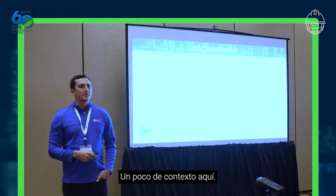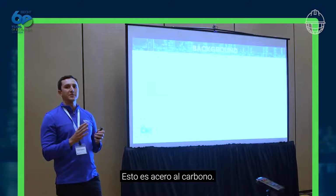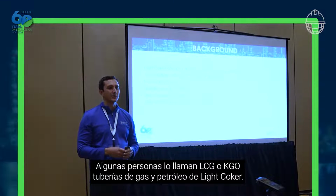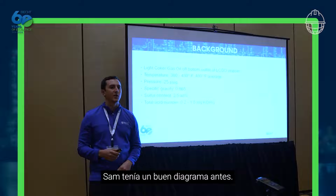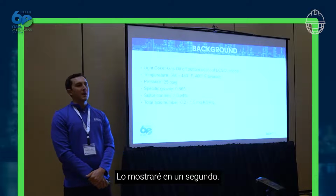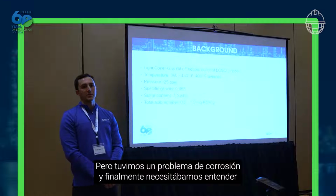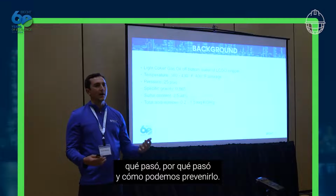Little background here. This is carbon steel. Some people call it LCGO, KGO, light coker gas oil piping. Sam had a nice diagram earlier. I'll pull one up in a second. But we had a corrosion issue, and we ultimately needed to understand what happened, why it happened, and how we